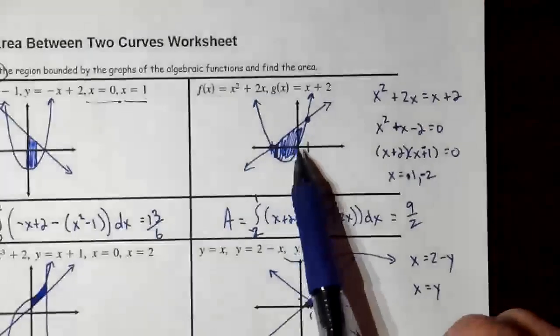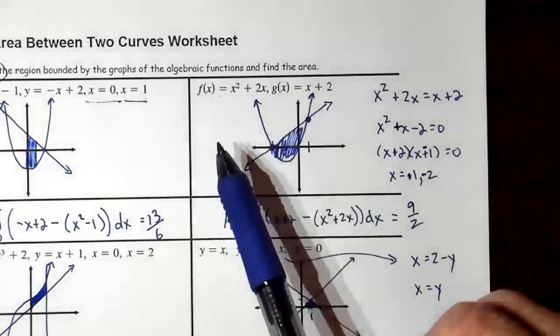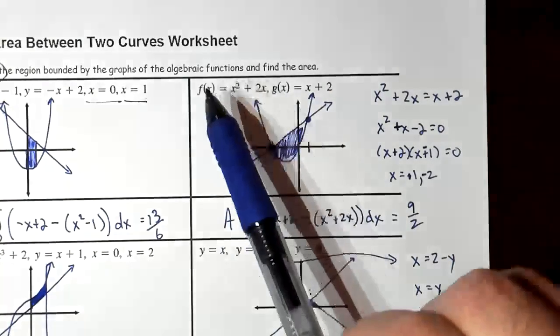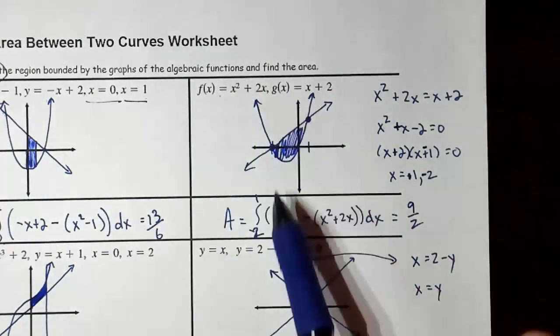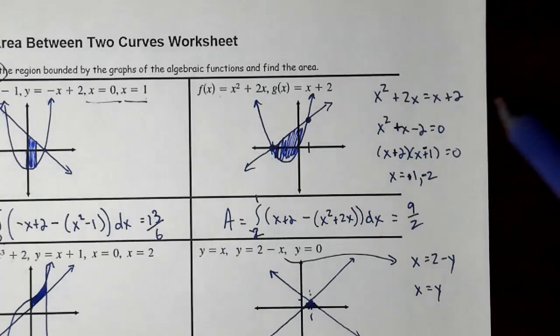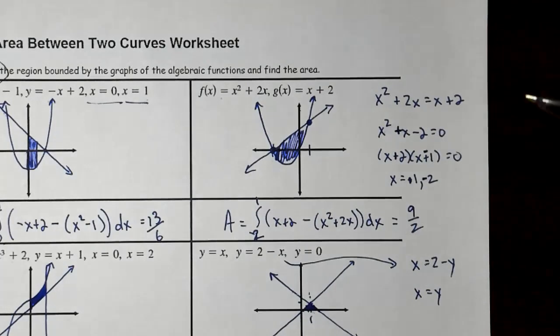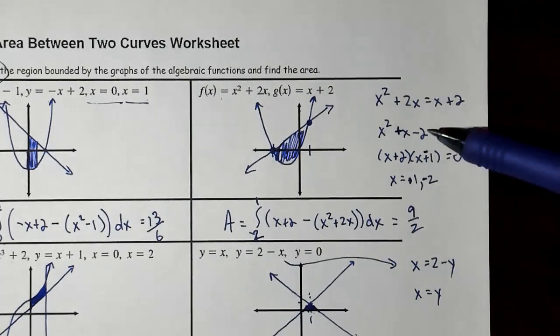For our second example here, they just give us the two functions. Again, if you want to, since they're labeled as f of x and g of x, you could use that notation down here and it'd be perfectly fine. I actually made a mistake when factoring. I know I called some of you guys out. Hey, we got to know how to factor. Maybe that was AB that I was talking about, but